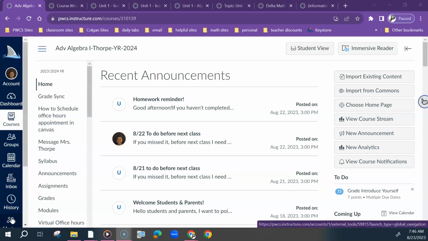Okay, and I'll show you where to find this later, so if you miss something, you can go back and find it. But I want you to try and find these things with me as I do this. I want you to be using Canvas to check for upcoming assignments,